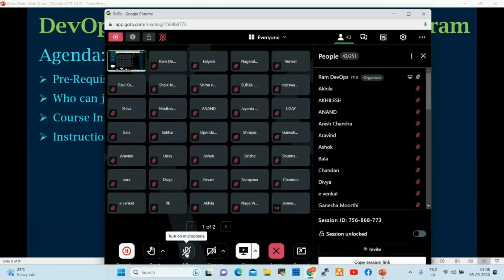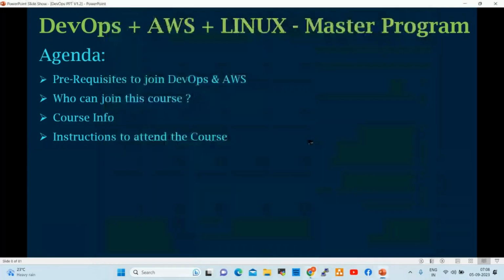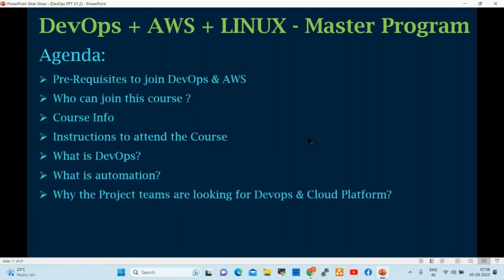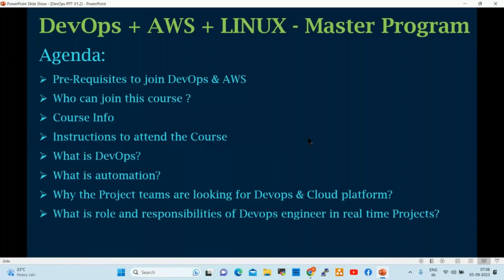What is DevOps? What is automation? Why are project teams looking for DevOps and cloud platforms? What are the roles and responsibilities of a DevOps engineer in real-time projects? And the SDLC process, software development lifecycle process.